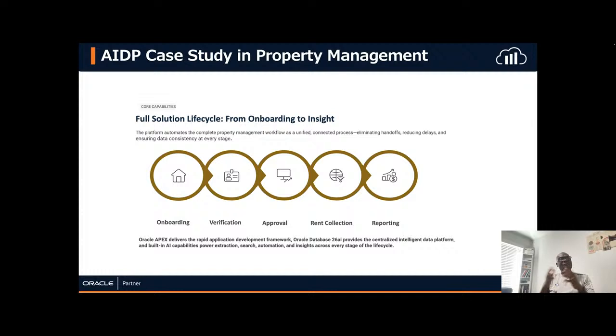Then if you look at the core capabilities, like I mentioned earlier, from onboarding to reporting, this is a full solution lifecycle, which I call onboarding to insight.